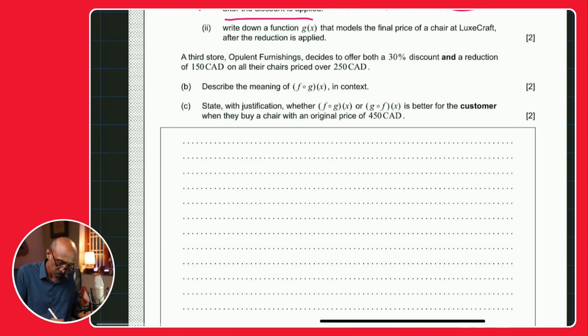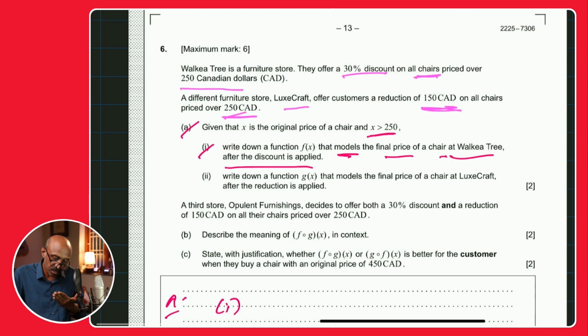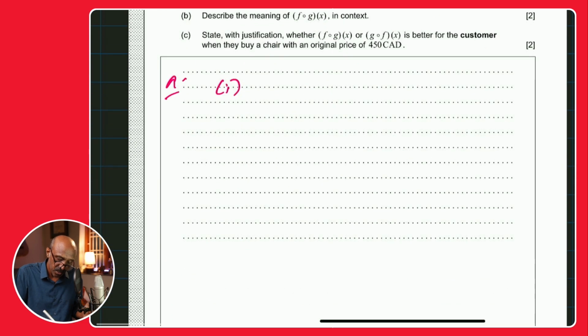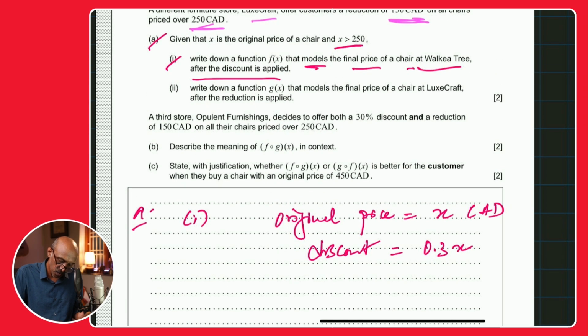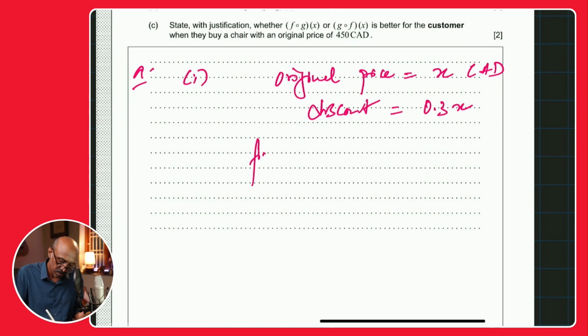So let's go. A, part 1. The discount is a 30% discount, 30% off the original price. So if the original price is X Canadian dollars, then the discount is basically 30% of X. So what are they going to charge? The final price is what we're looking for. So the final price